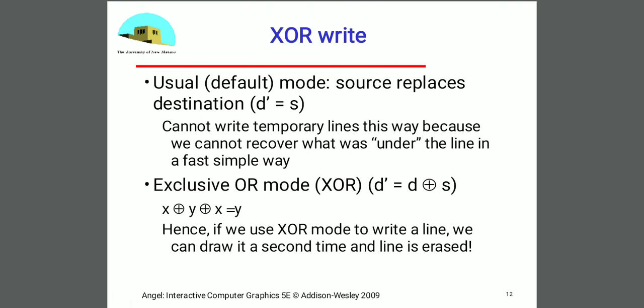XOR write. So the next topic is XOR write. Just now we have seen the AND gate. What about the XOR gate? What is the input and output of the XOR gate? You remember, if you give 1 1 as input to an XOR gate, the result is 0. If you give 0 0, the result is 0. If any one bit is changed, then the result is 1.